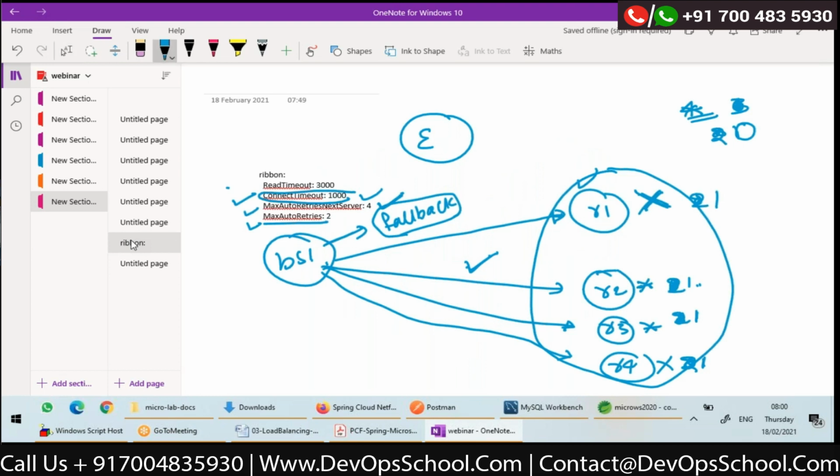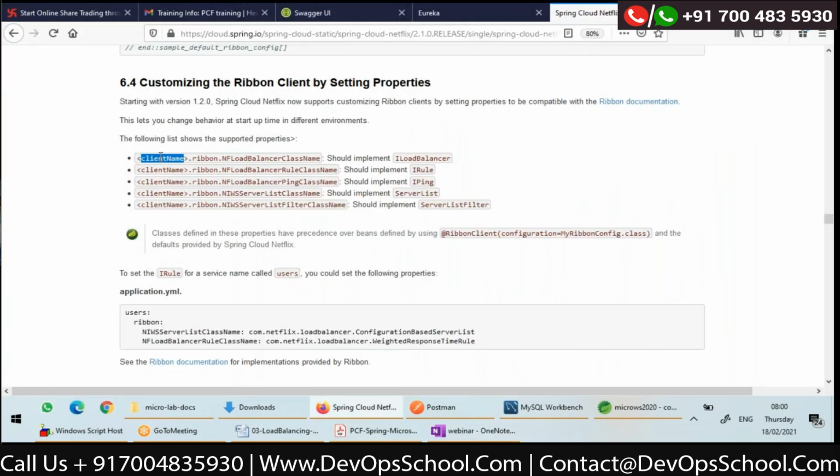So here booking service is a client to routing service, right? In this case, I will say routing-service, the name with which routing service is registered in Eureka. This should be used as the client name. So that's how you need to customize it.